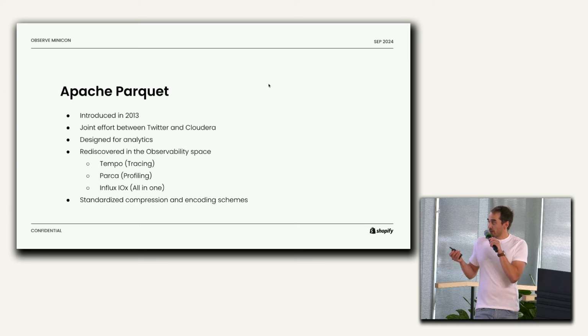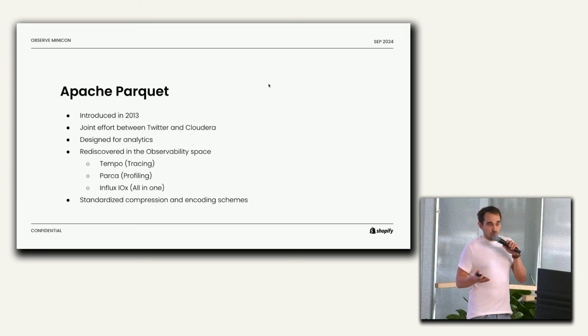Also, we saw that a lot of projects in the observability space use Parquet to store observability signals. Tempo, for example, uses it to store trace data. Parca, which is a profiling tool and a tool that we took a lot of inspiration from, stores profiles in Parquet files. What's also interesting is that the Parquet spec defines a set of standard compression